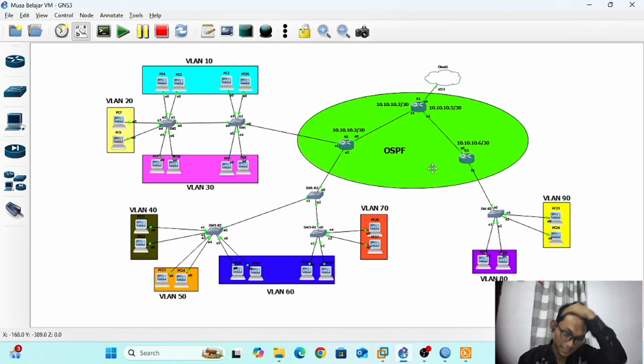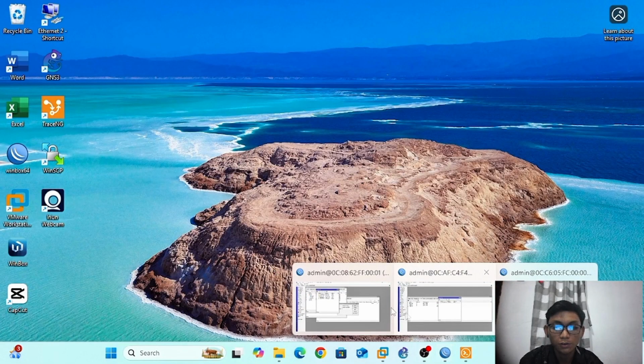Okay guys, I'm Musa Ibrahim. I want to configure VLAN 40, 50, and 60. First, we configure VLAN on router 2.